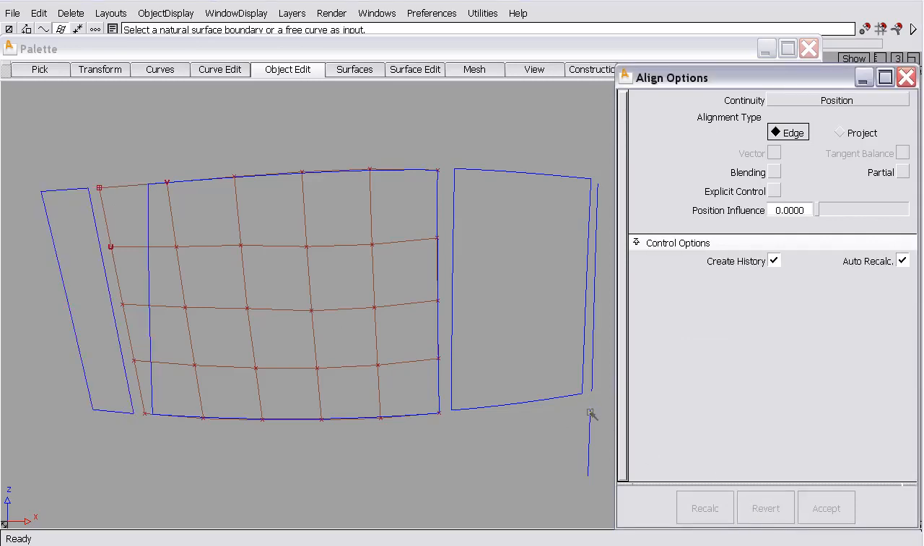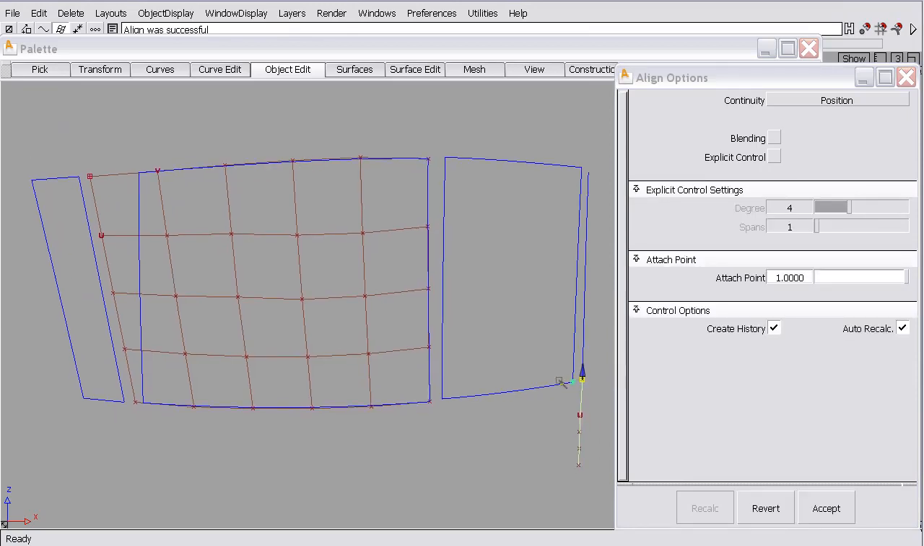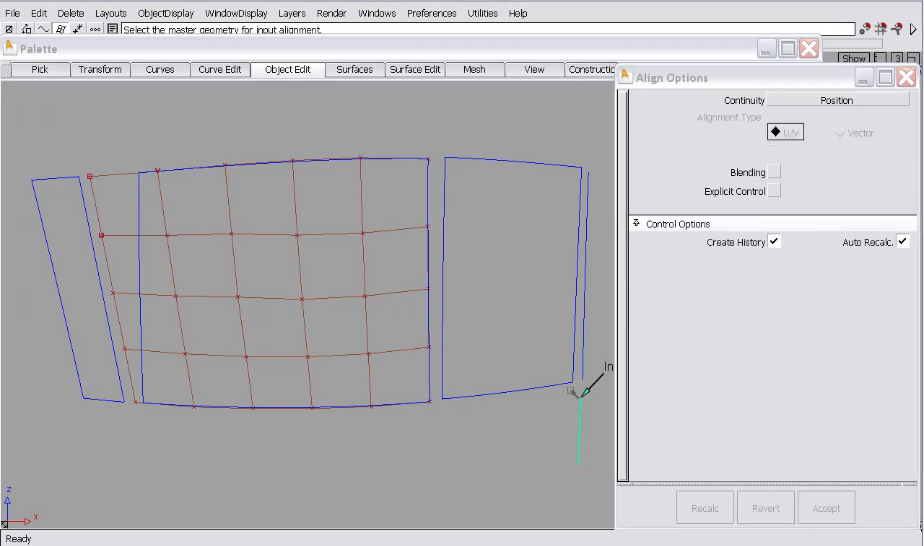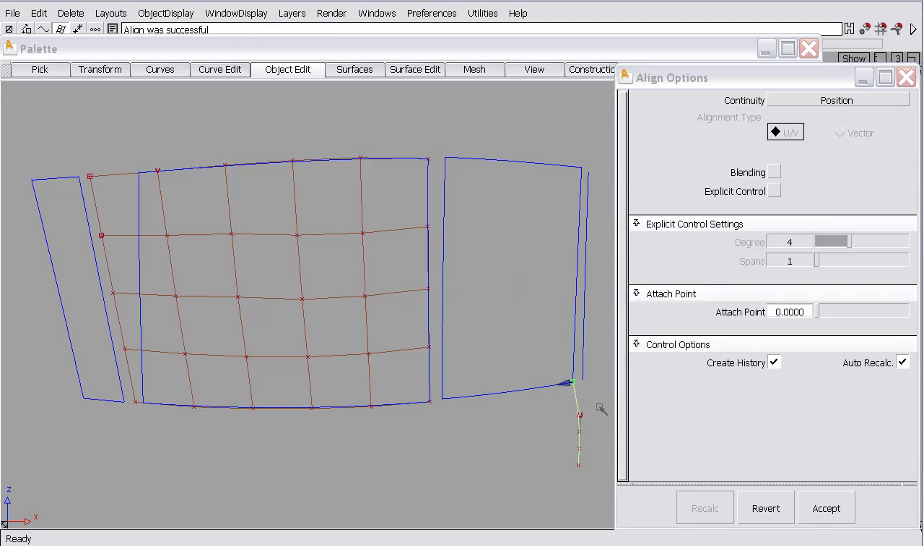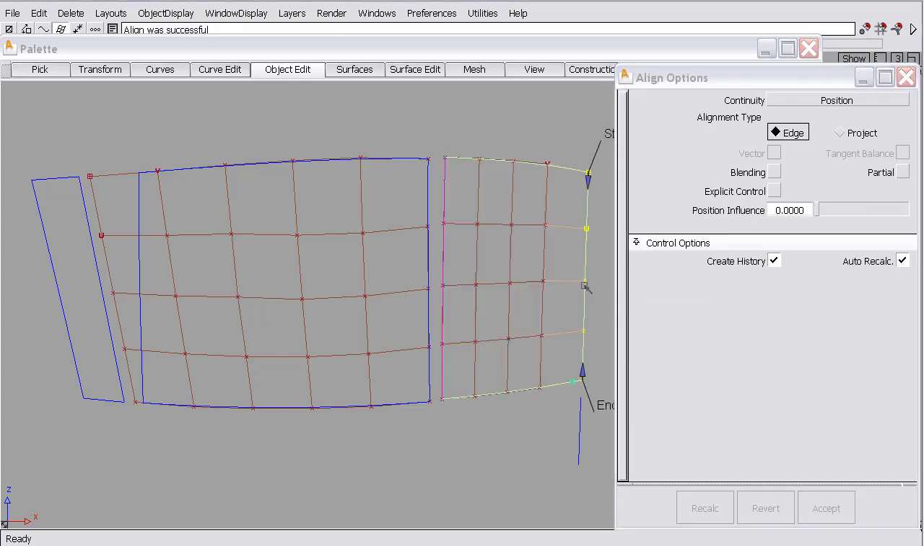I can align a free curve to a free curve, and by free curve I mean a curve that is not a curve on surface. Currently, curves on surface cannot be aligned. I can also align a curve to a surface edge. In addition, I can align a surface edge to a curve,